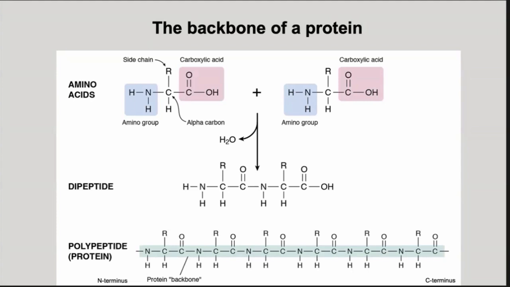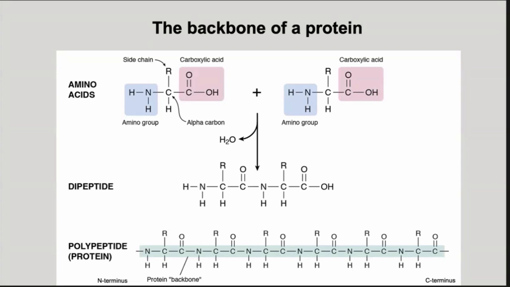Those atoms bonded together make up what we call the backbone of the protein. You can almost think of it as being like the skeleton of the protein. And if you want to be able to understand how that amino acid chain folds to create a compact three-dimensional structure, it's very helpful if you can look only at that backbone and not see